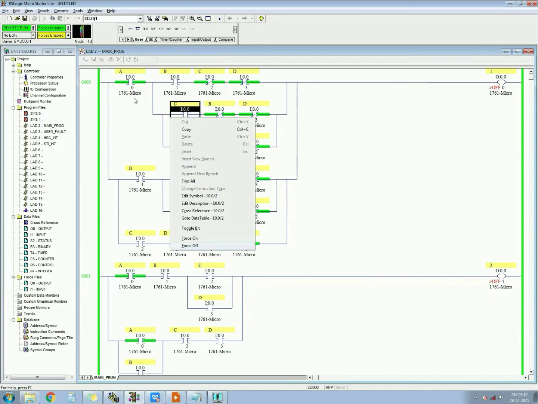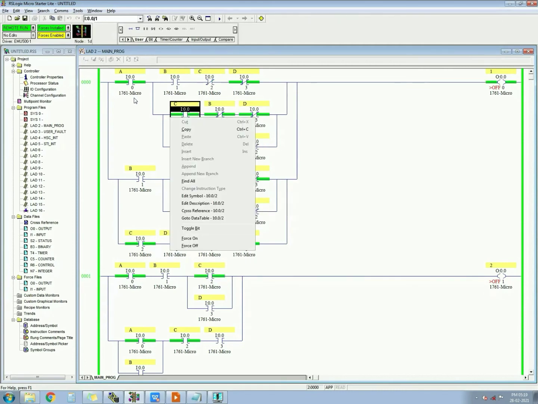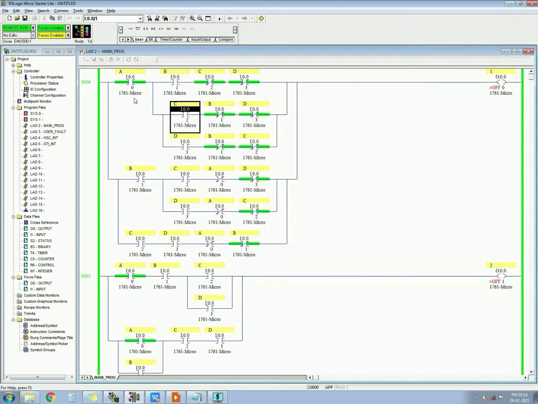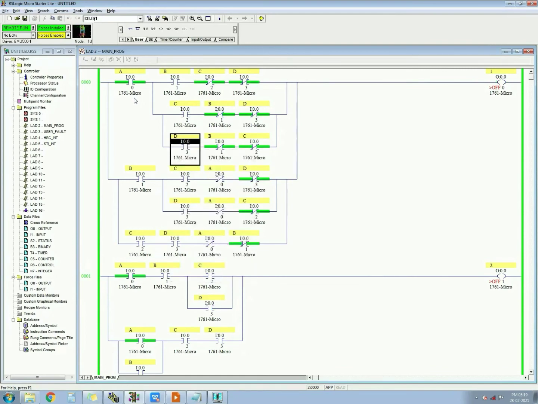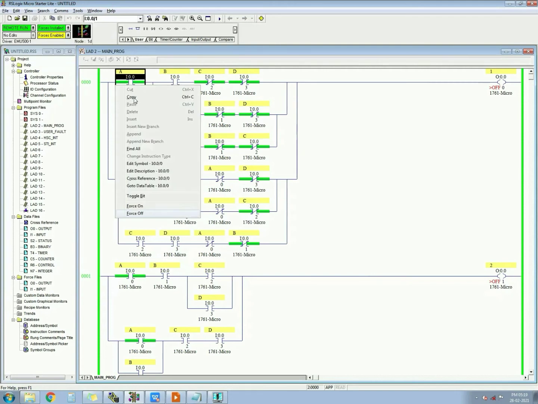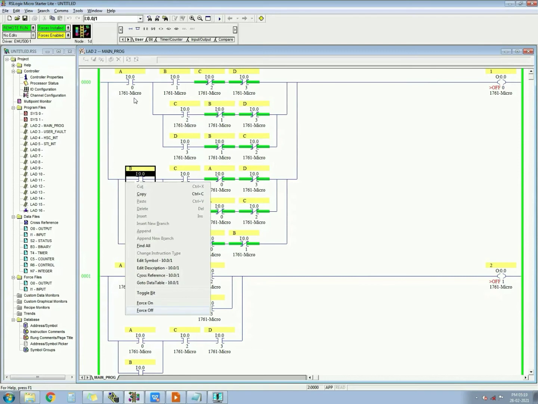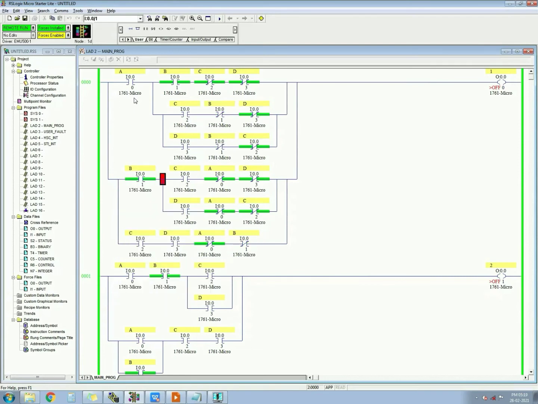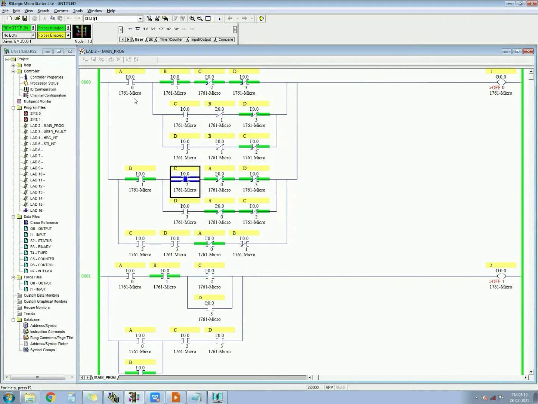AC, only the first output is getting on, and you can check with D, C. Now for B and C, it's working, so there is no problem in this circuit.